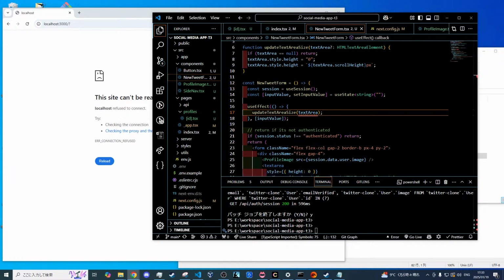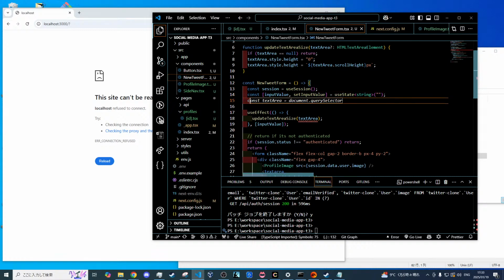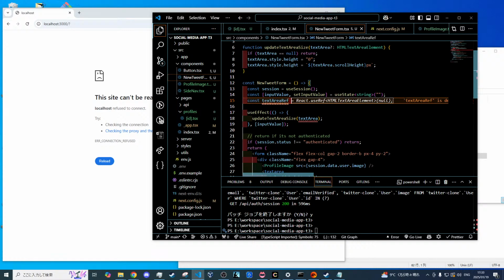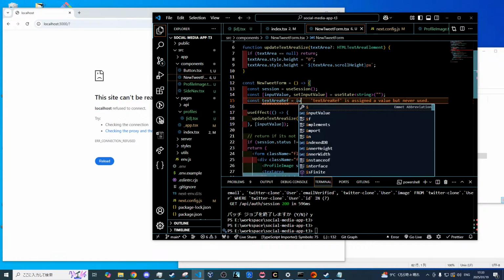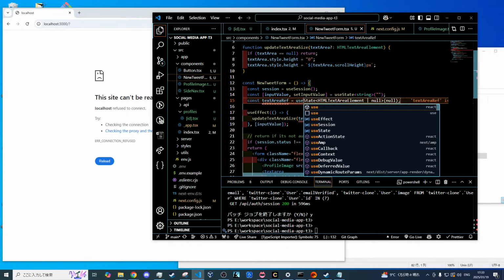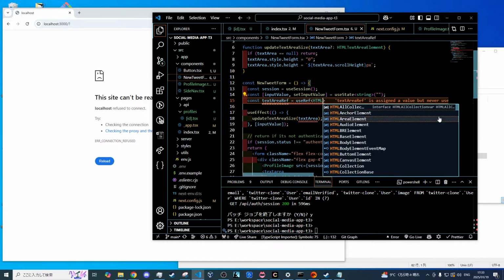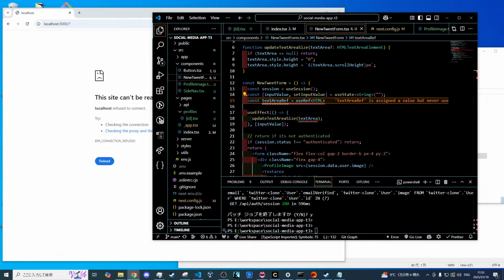it can come from a reference. So we can say text area ref equals use ref. We know that this is going to be an HTML text area element. So we can pass in the current value just like that. And if we scroll all the way down here, we can set our ref like this. You may think that that's all